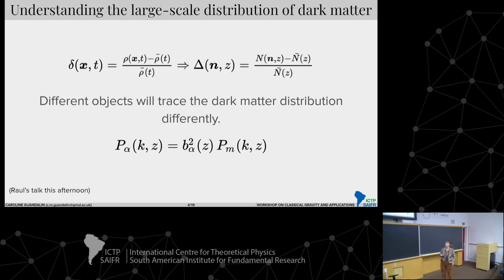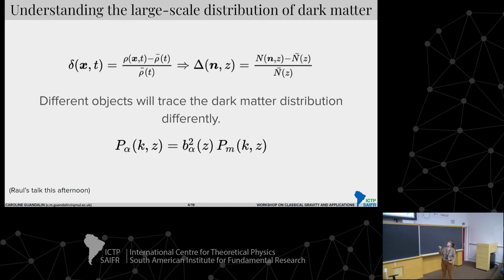So for the general considerations, I'd like to make a brief recap, which Raul also mentioned in his talk. Thank you, Raul, for doing it. If we want to understand the large-scale distribution of dark matter, we can compute one of the cosmologist's preferred quantities, which is the density contrast: the density that you have at some point x, y, z coordinate at some fixed time, from which you subtract the spatial mean, and you construct the density contrast. You can use perturbation theory to understand how this is going to behave. And when we look at dark matter, what we are actually looking at, for example, is galaxies or dark matter tracers.